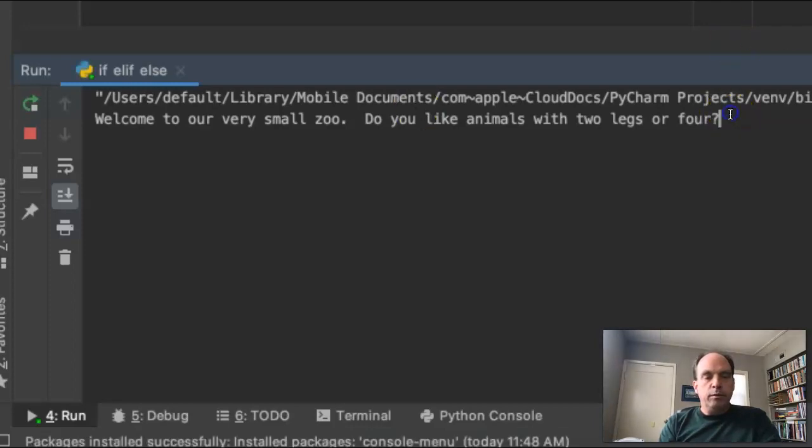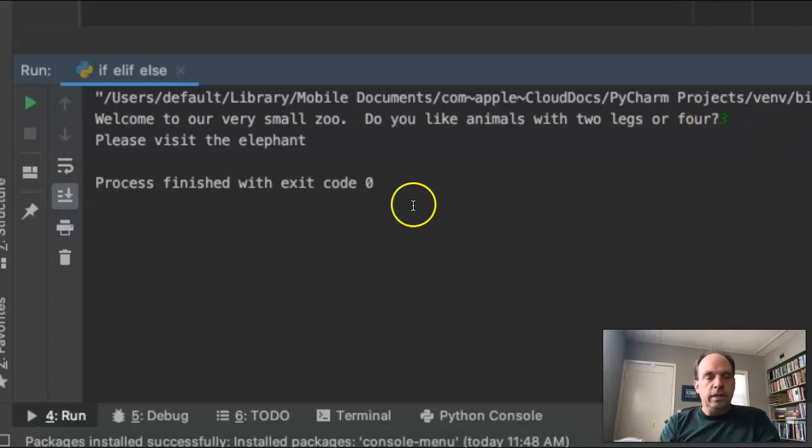Can you predict what would happen if the user entered a 3 instead? Please visit the elephant. Well, that doesn't make much sense. So our program is doing something interesting. It's making a decision based on the input from the user, but it seems like we need to get a